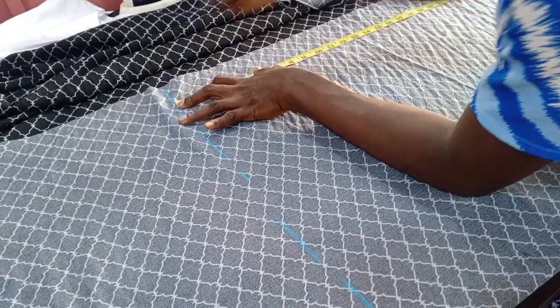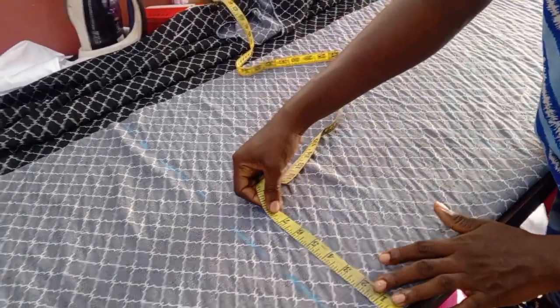Okay. So now I just marked the trouser length of the client. I just marked her trouser length. And now we want to mark,